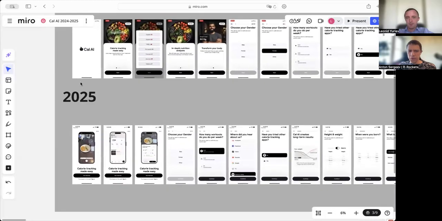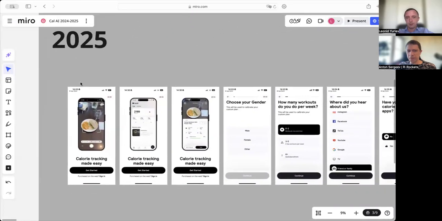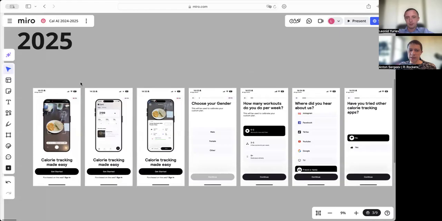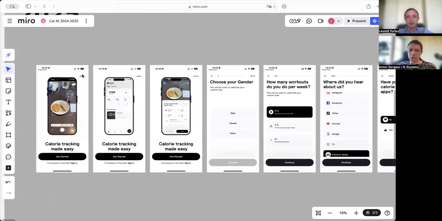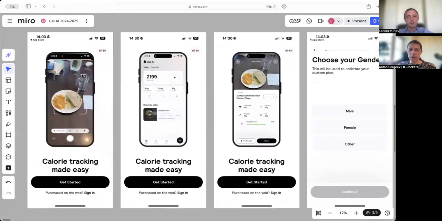From my point of view, the second approach, the 2025 version, is better because we can see that it showcases the app value in a very obvious, simple and elegant way, by showing how it works when you scan your food and you just get some numbers about the calories. It's much more understandable and elegant than showing some static pictures. Sure, and they highlight the main thesis that calorie tracking is made easier,